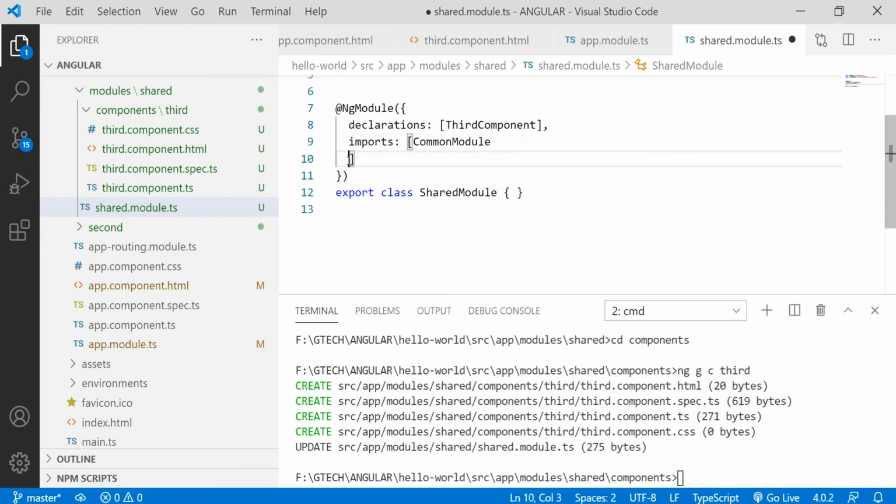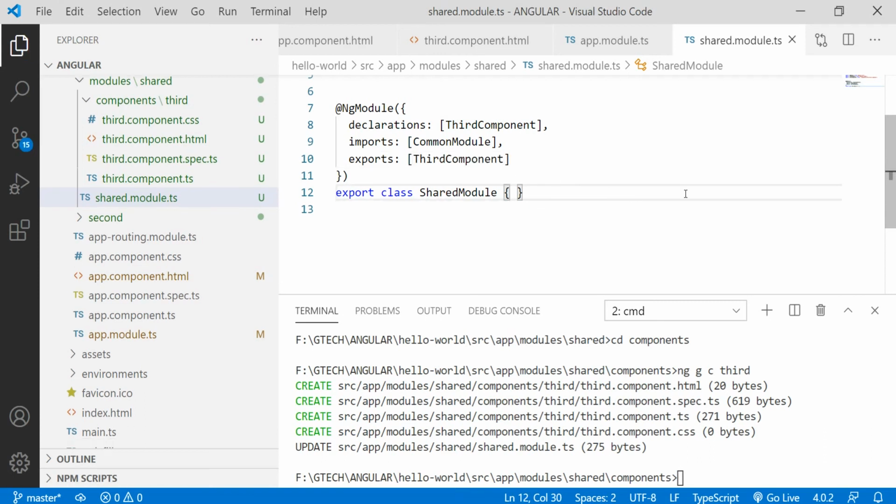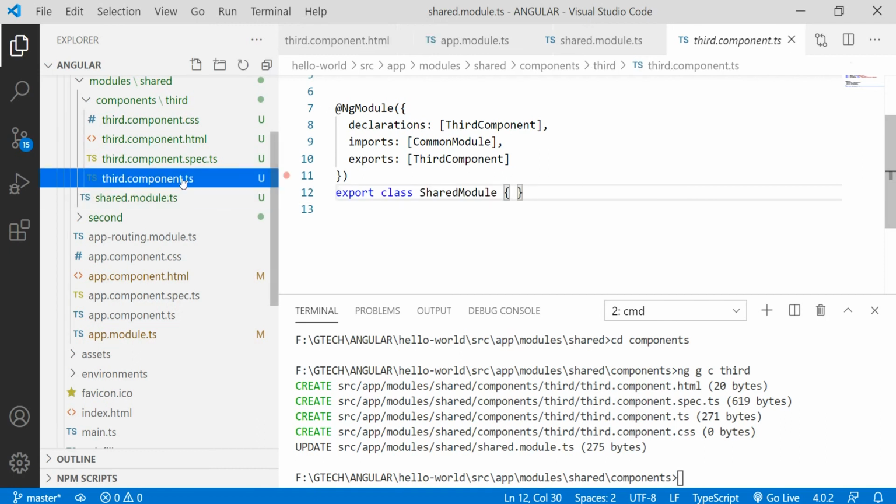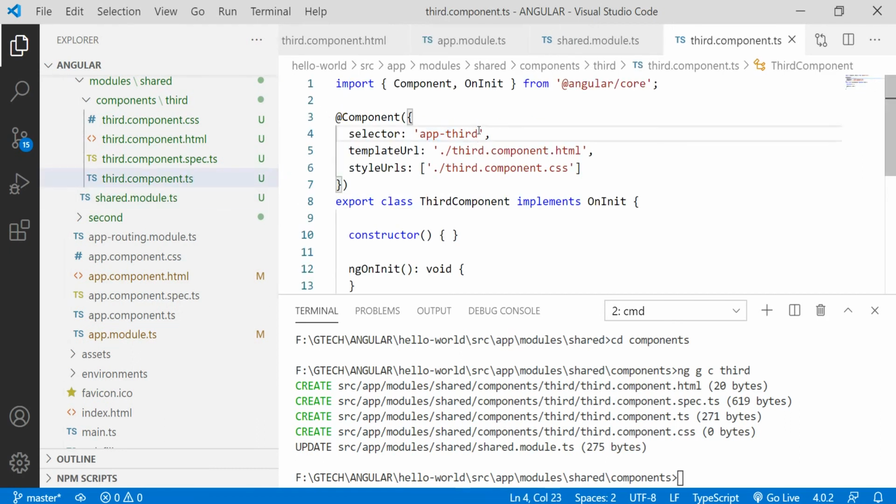Let me make it one line and add the exports property to take an array, and I want to export the third component so that we can use this inside the app module. And now we are good to go to add the selector inside app.component.html.